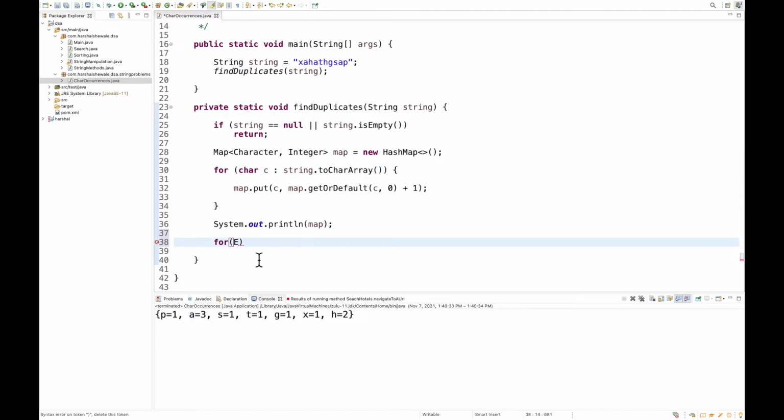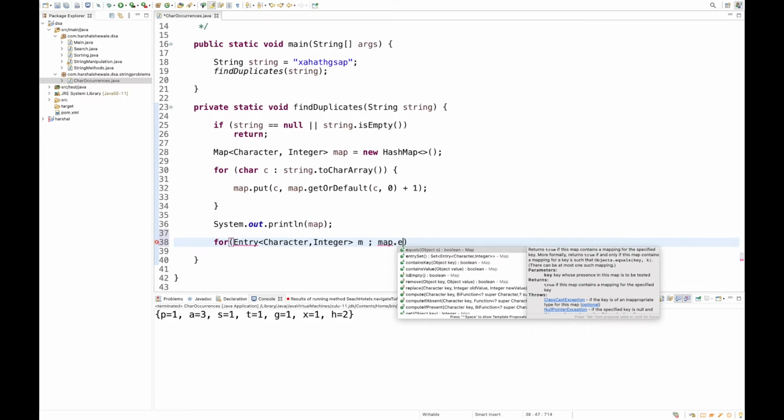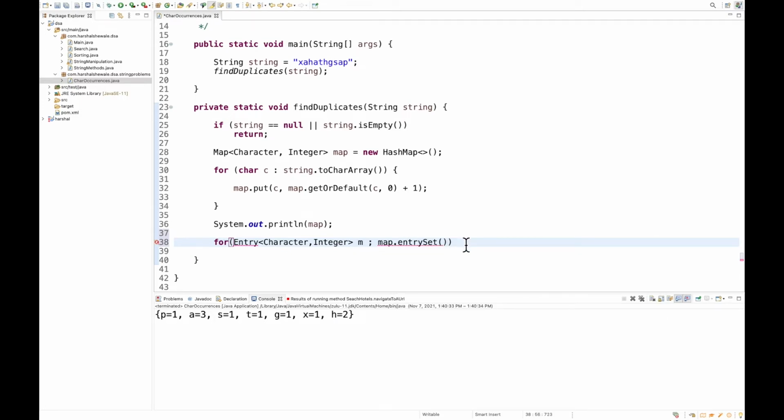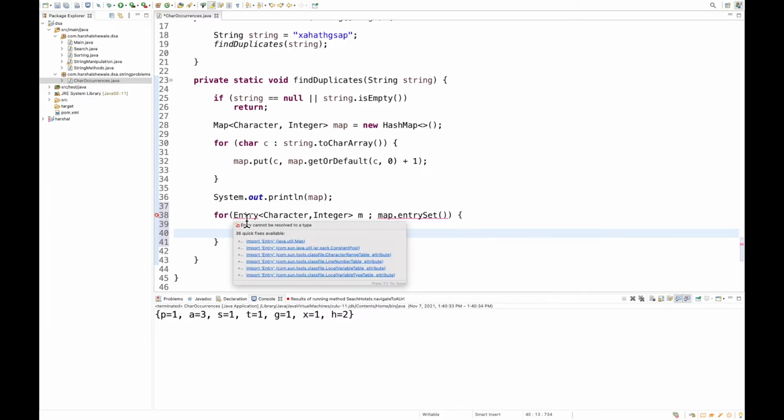How to iterate through the map? Let's take the entry set, all the entries. Let's say this is our entry, character, integer, map.entrySet. So what is the benefit of taking this entry set? Let me explain.